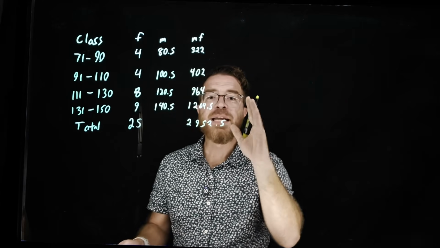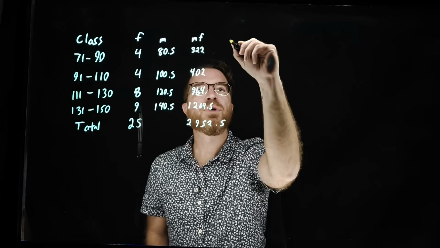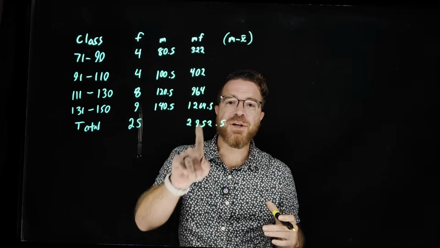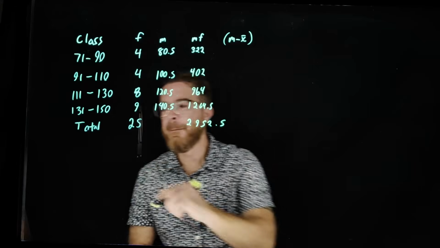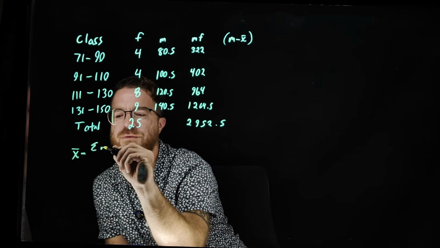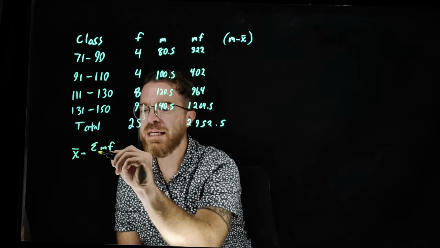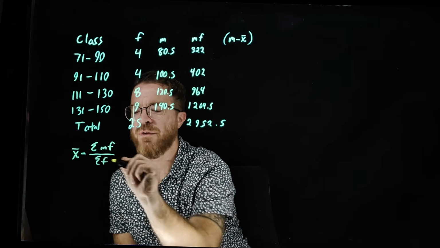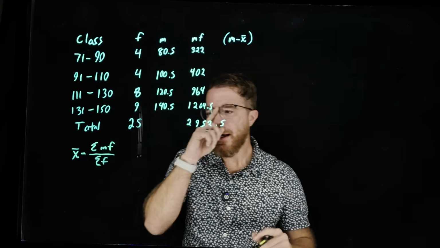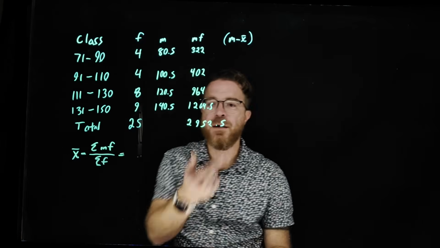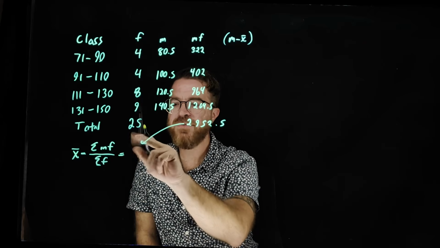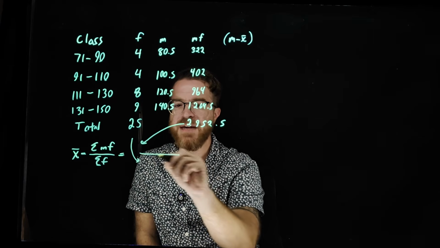2,952.5. Now at this point, our next part of our table, we're looking for M minus X bar. Well, we don't know what X bar is, so this should be your indication that you need to now find your X bar. So to find our mean, X bar is just going to be equal to the sum of our midpoints times the frequency divided by the sum of our frequencies, which, don't forget, you can always just write as N if you know what the sample size is. So here we have the sum of MF, that's this right here. We're just going to plug this in. And we have the sum of our F, that's this. We're just going to plug that in, and this is going to give us